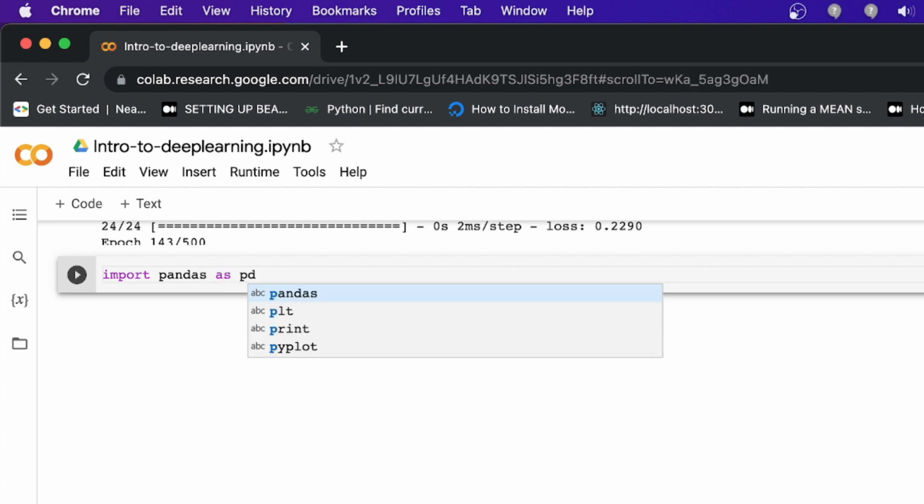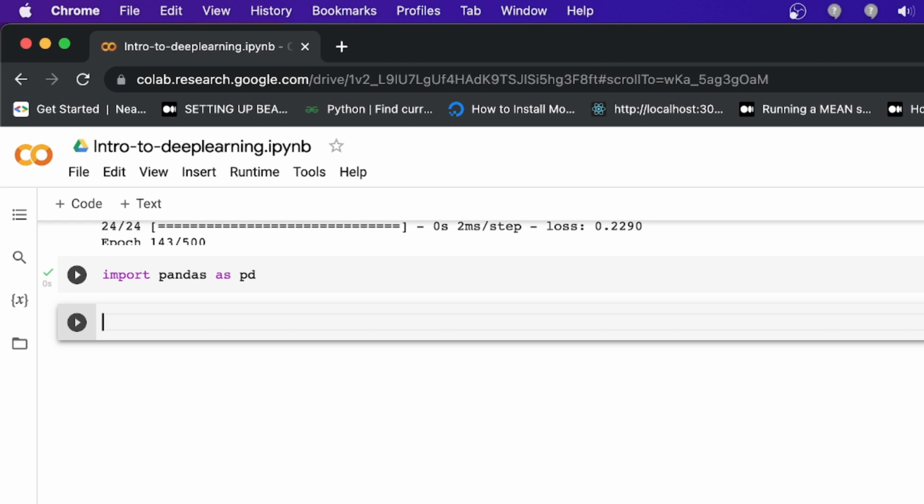Pandas. This is a data frame library. Generally, this library is used for data analytics. So suppose I'm going to add one layer loss data. Suppose I'm going to pass a variable, and this variable comes from pd.DataFrame. Guys, if you're not understanding pandas, don't worry about it.